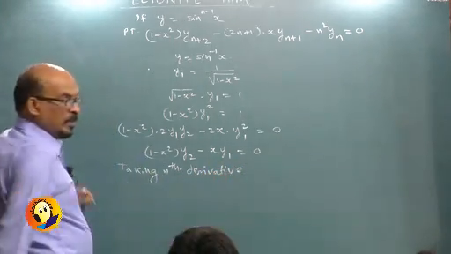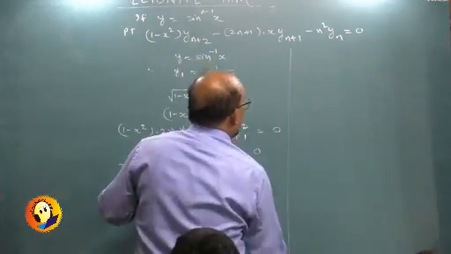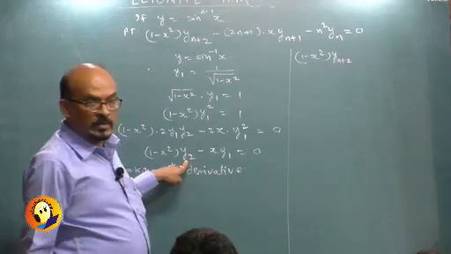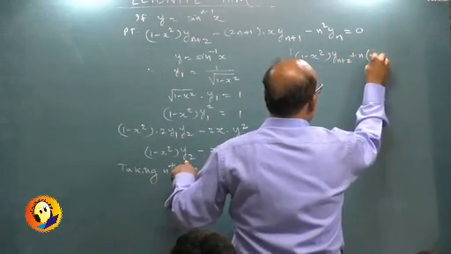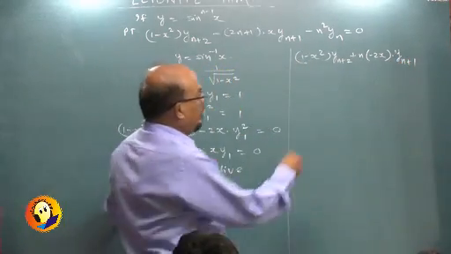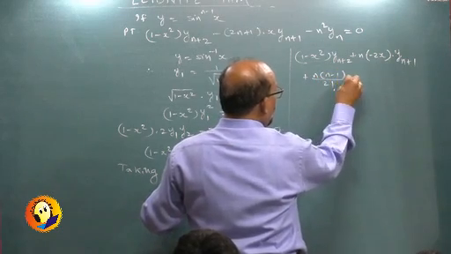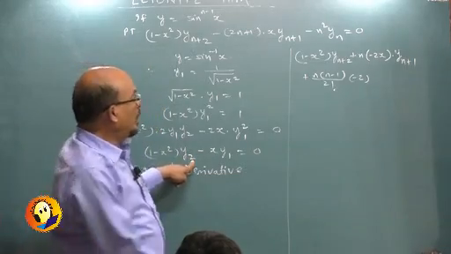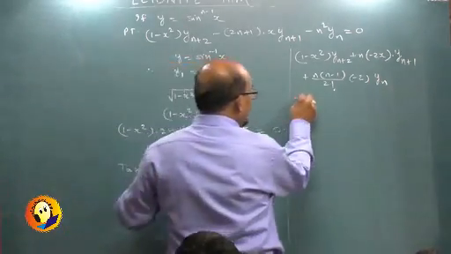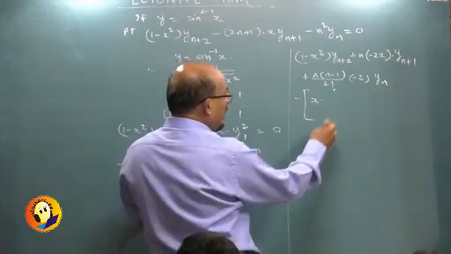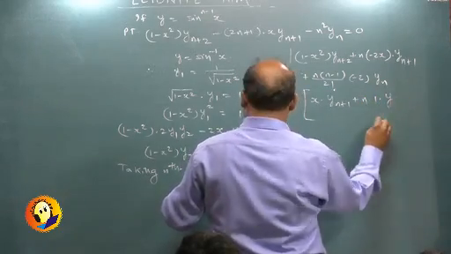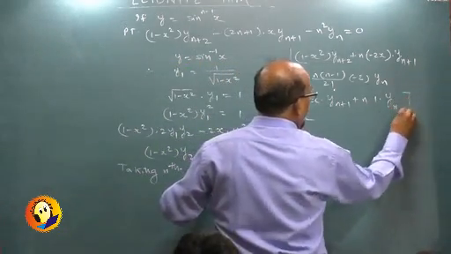Using Leibniz theorem, this will be my u, this will be v. So the terms will go like u vn. The nth derivative of y2 will be yn plus 2, plus n u1 into yn minus 1, that is yn plus 1, plus n into n minus 1 upon 2 factorial into u2, the n minus 2 derivative, that is yn. So the first term is differentiated n times using Leibniz, minus into bracket, x is u, the nth derivative of y1 is yn plus 1, plus n into u1 into the n minus 1th derivative of y1, which is yn, is equal to 0,